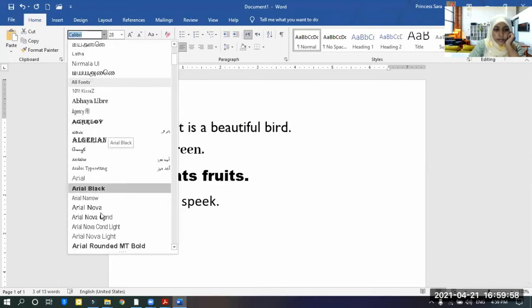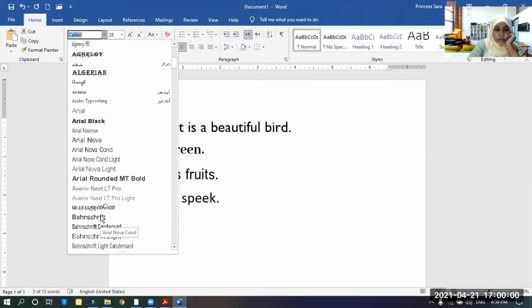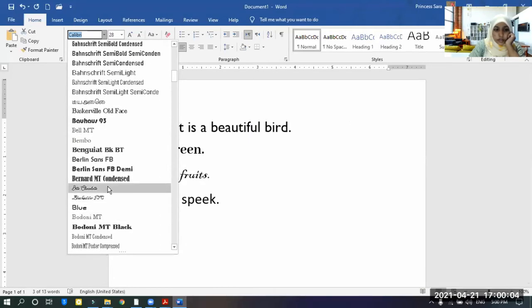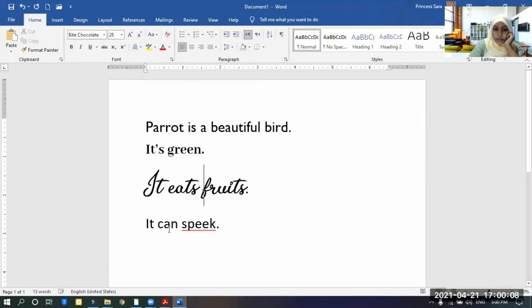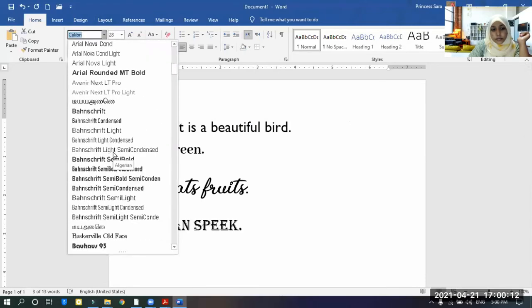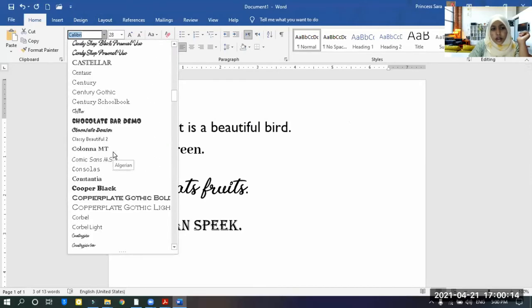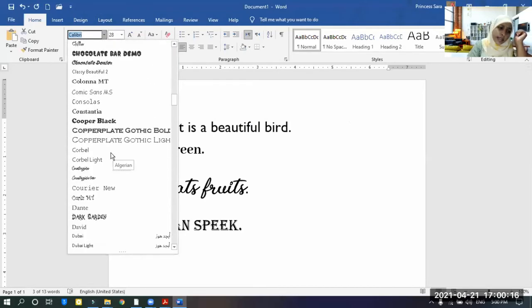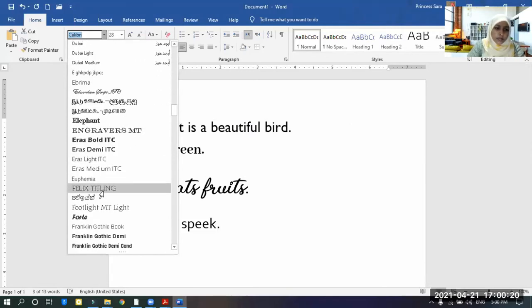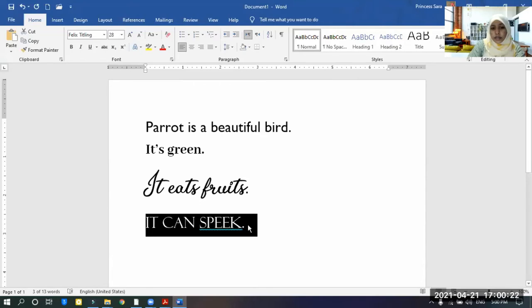Okay. This is another style. So there are a lot of styles. Okay, you can select whatever style you want. This is another style. Okay.